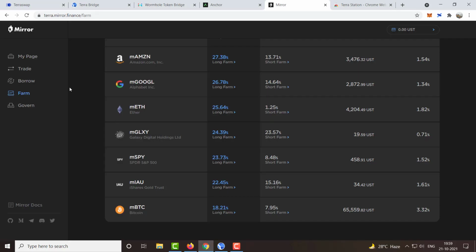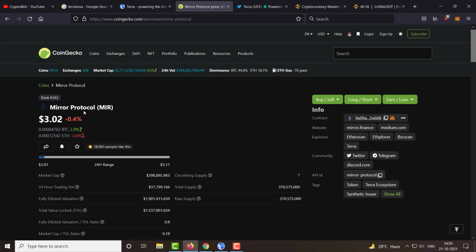And on top of that, you can come over to this mirror protocol website and stake your tokens in any of these farms, and you can generate further of these mirror protocol tokens. Which is again a great way to increase your portfolio and get some exposure to mirror protocol.